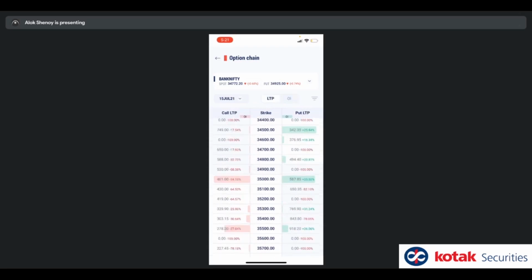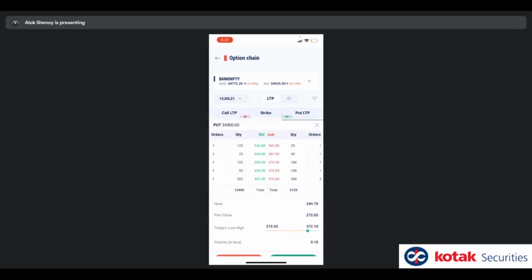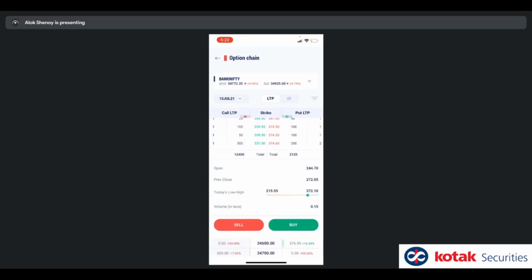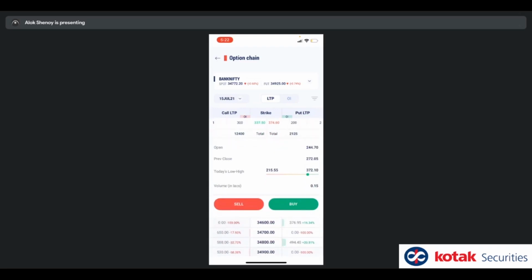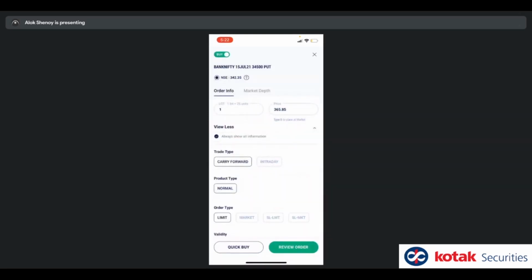Now, option chain is no use if you can't actually place a trade from it. So just tap on it and it expands, giving you these options, which is again some performance statistics and a market depth. You can see that the put value is 34,500 strike. You can also see the spot and the future value ticking on top below Bank Nifty, right? You've got the key indicators. You can buy, sell from right here. Clicking on buy will open up the order form for you. Because I've selected view expanded before, it allows me to view it expanded.